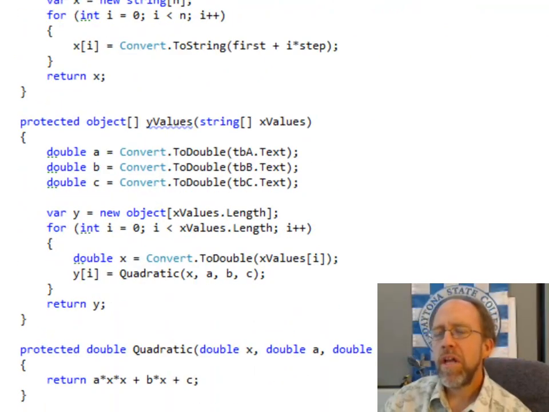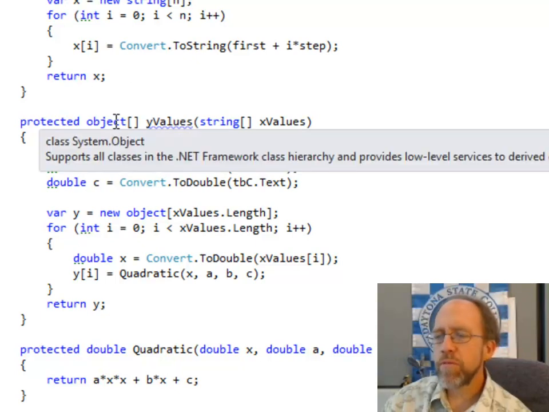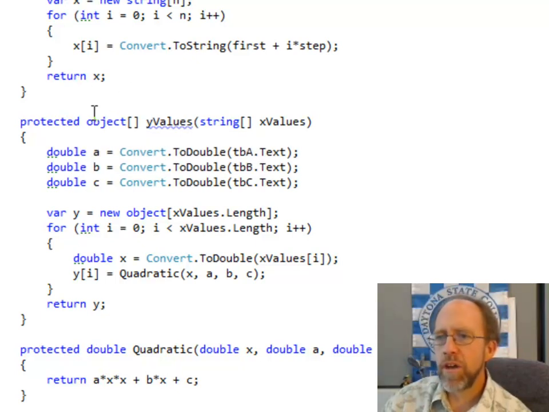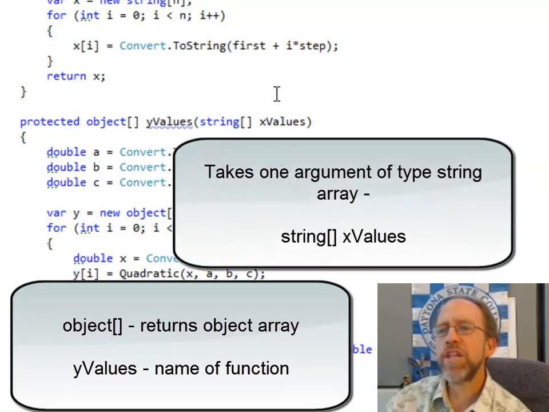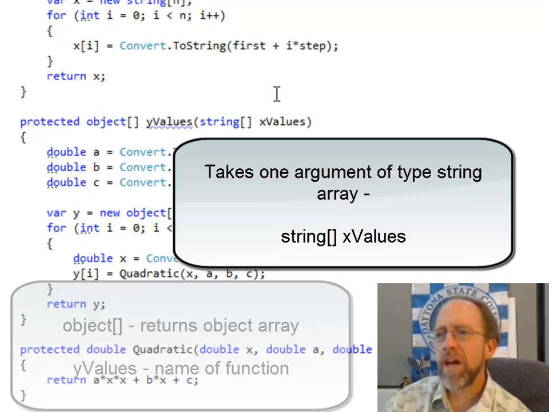So let's come down here. Well, how do I do that? I'm going to make another function that is going to return an object array. Notice my object array that tells me that the function returns an object array called y values, and it's going to accept as an argument a string array of x